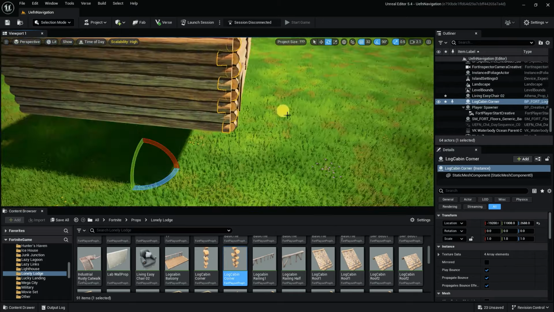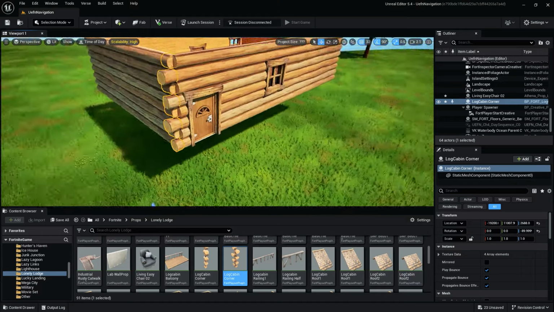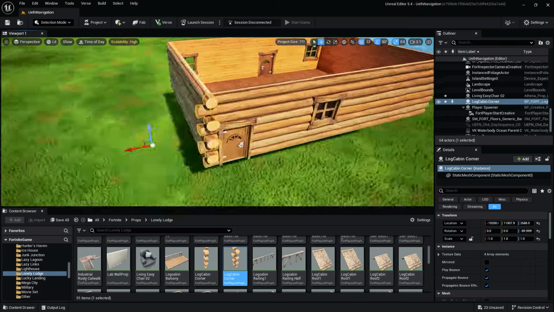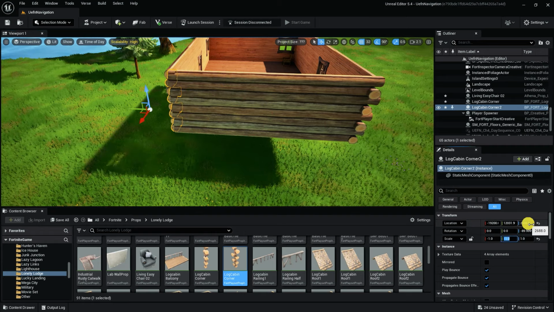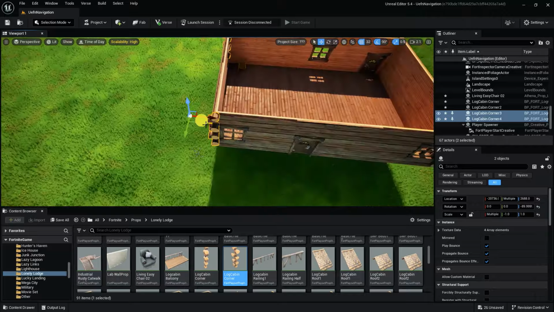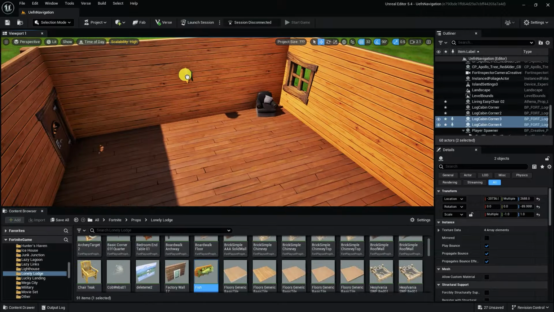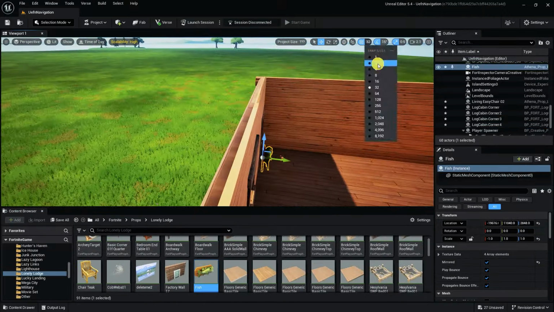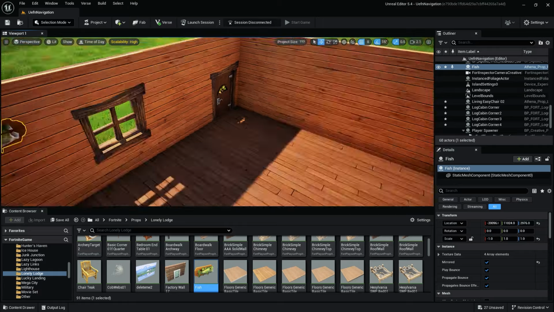Holding Ctrl and clicking on objects in your scene, or the Outliner, will allow you to select multiple objects. With multiple objects selected, you can deselect one of those objects by holding Ctrl and clicking on it. To create a folder in the Outliner, right-click an empty space in the Outliner and within the hierarchy